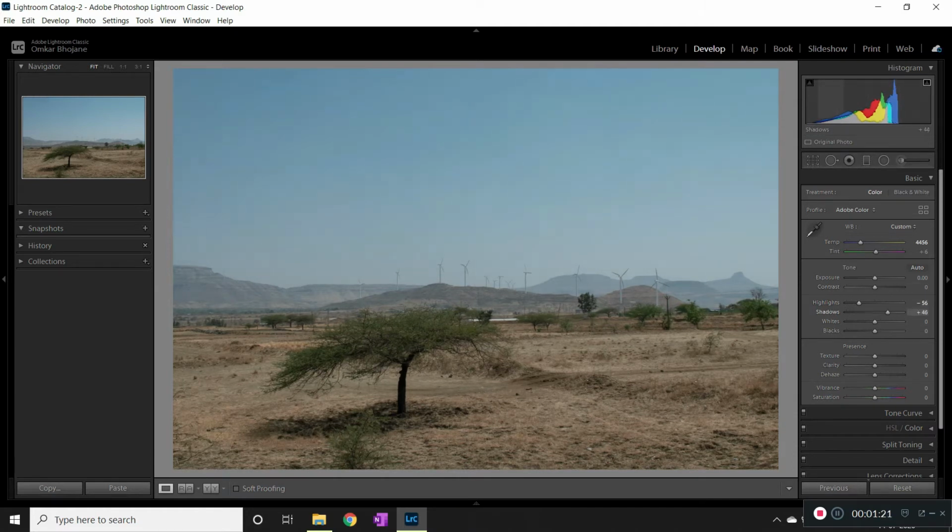I'll just increase the shadows, say up to 54. 54 looks great.